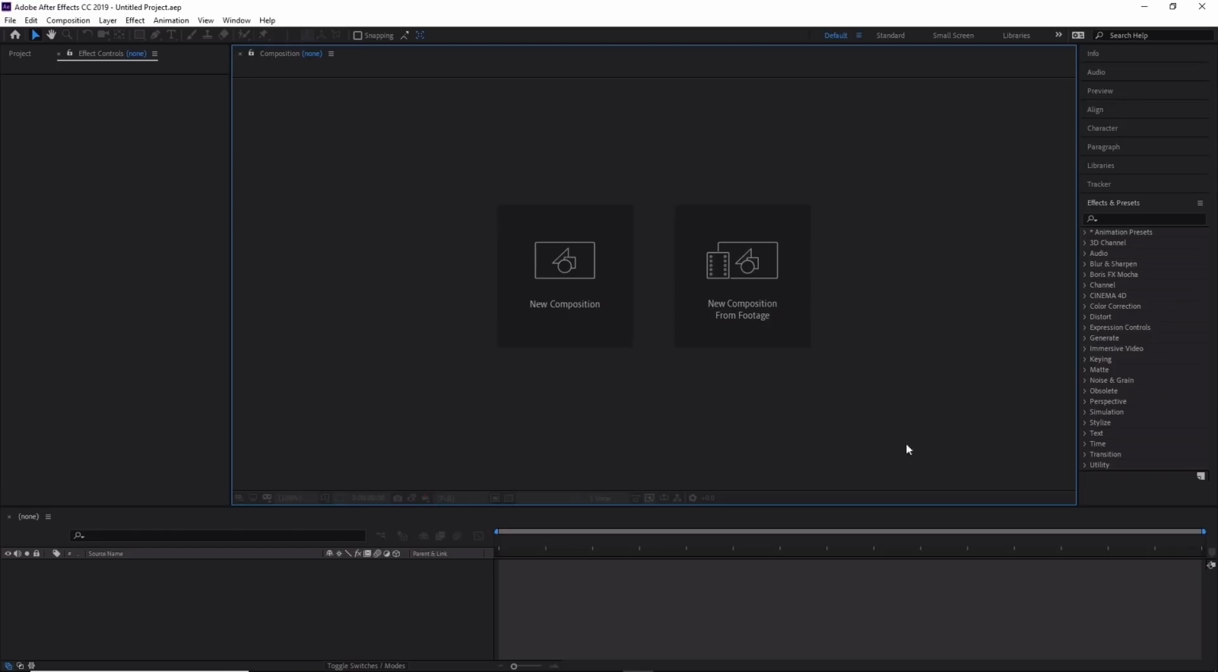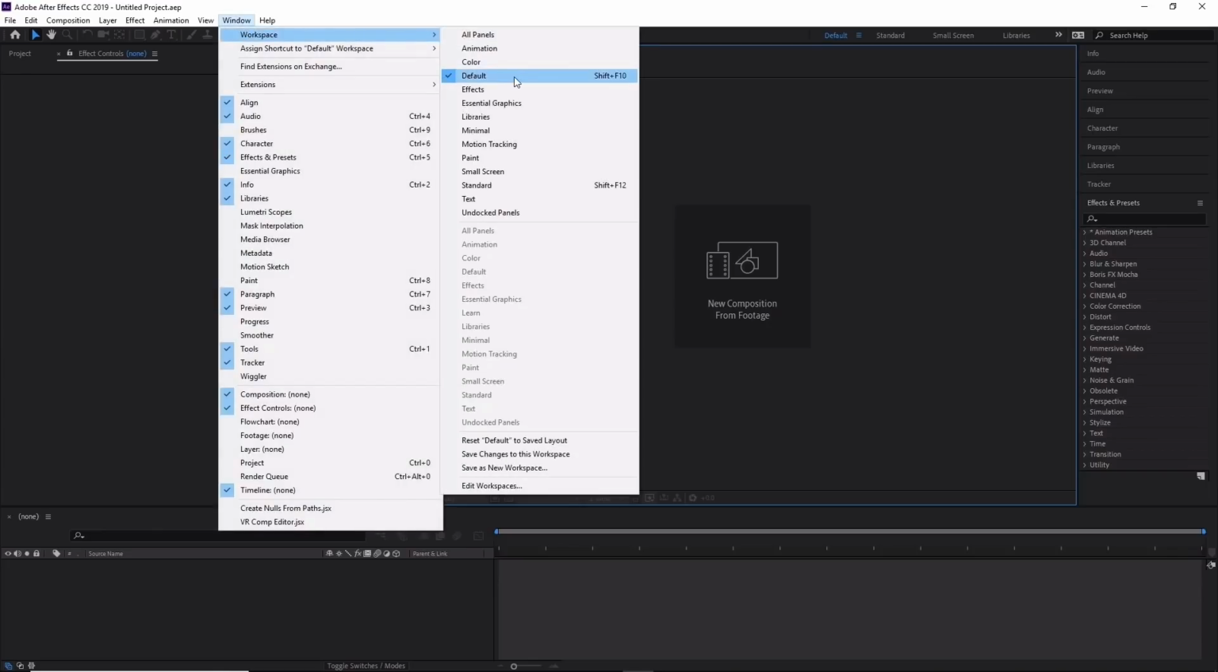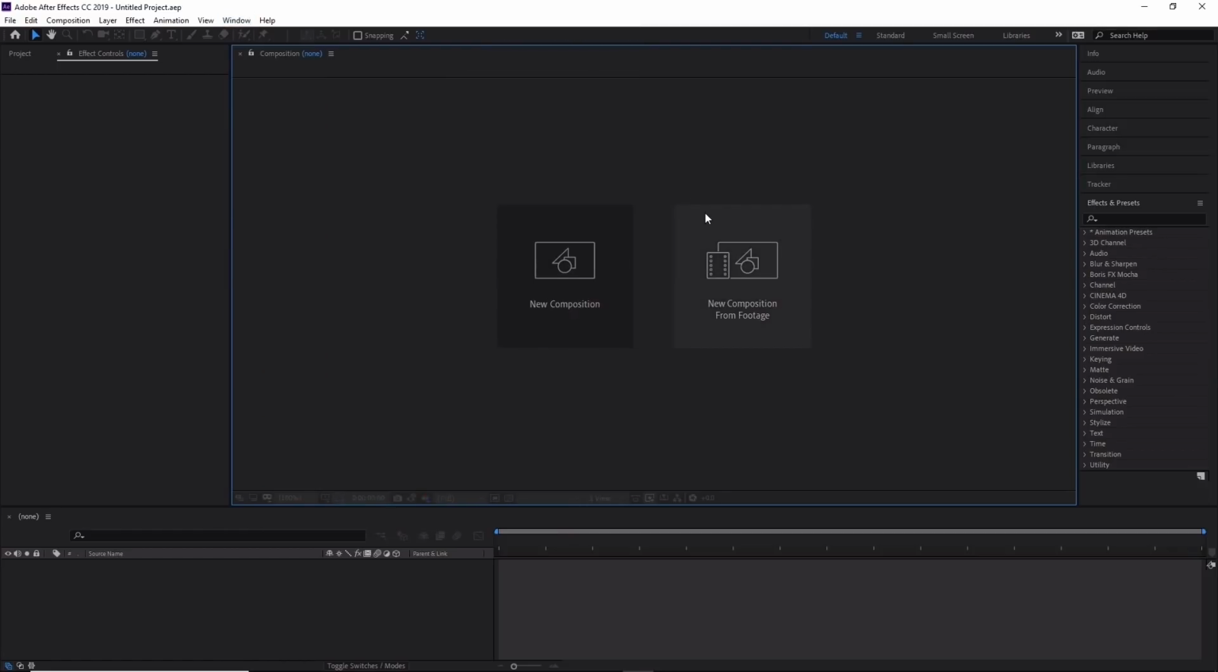So we'll get started by loading up the same workspace as what we have here. And to do this, we can go to Window, Workspace, and Default. You'll also notice that we have some other options here to experiment with as well, but let's go ahead and stick with the default option for now. Cool. So now that we have our workspace loaded, let's go ahead and go into a quick introduction of what